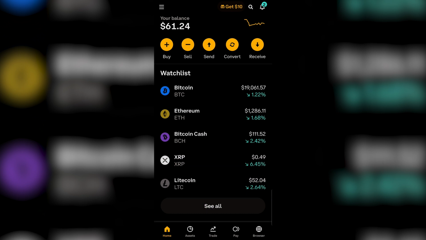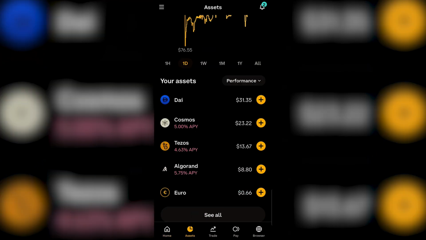Once the app has been opened, click on the assets which is on the bottom left side. Click on assets. On the assets page, you will be able to see all of your assets. For example, if I want to withdraw my DAI, which is $31 right now, what I will do, I will